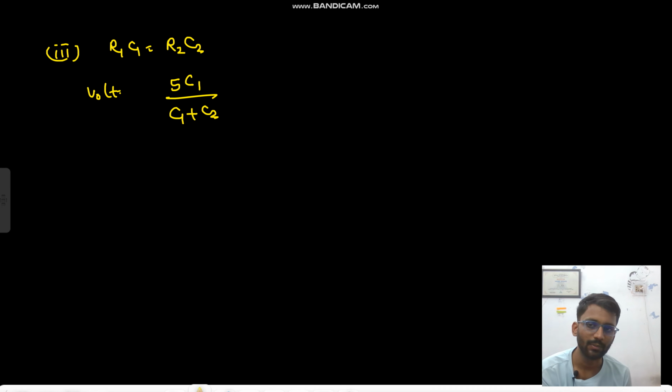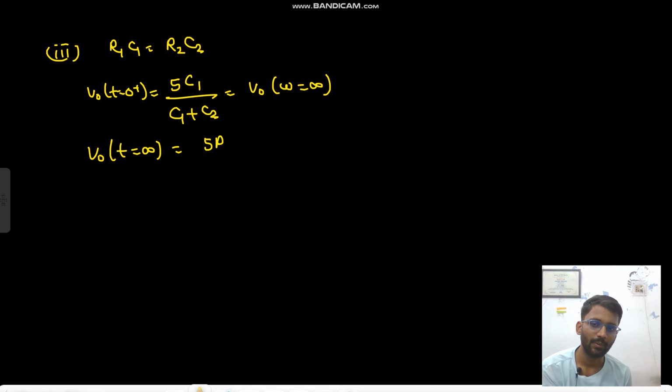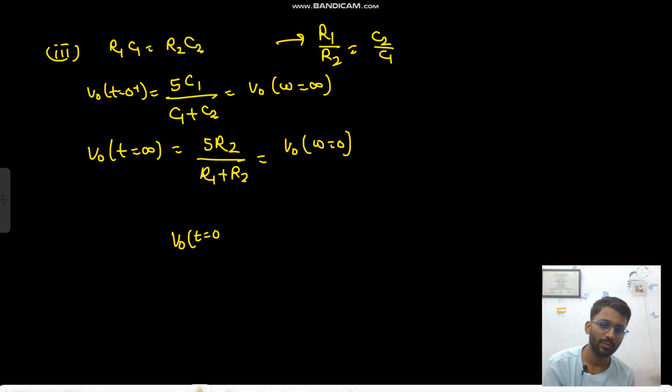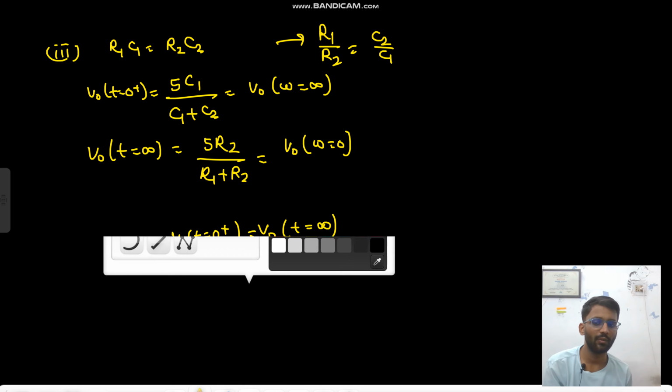V naught at t equals to 0 plus. And your V naught at omega equals to infinity. And your V naught at t equals to infinity is 5 into R2 upon R1 plus R2. So V naught at omega equals to 0. So now from here you can see R1 upon R2 is equals to C2 by C1. So both the values are equal. V naught at t equals to 0 plus is equals to V naught at t equals to infinity. So it will always be at a,